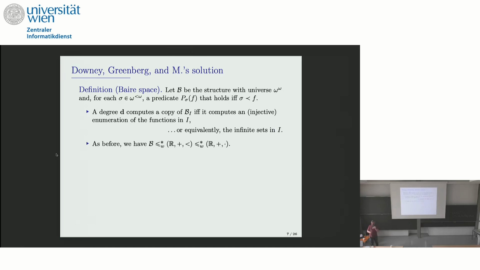And I described how you would enumerate the sets from the reals with plus and less than. But in the case where you find out that you're looking at a dyadic rational, don't give both representations now, just the one with infinitely many ones. Now you've given me an enumeration of the infinite sets and therefore of the functions. So it's very much the same thing.